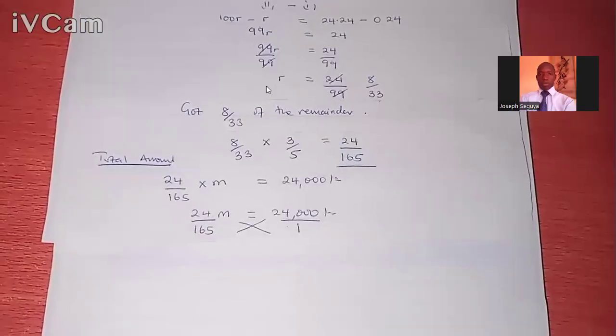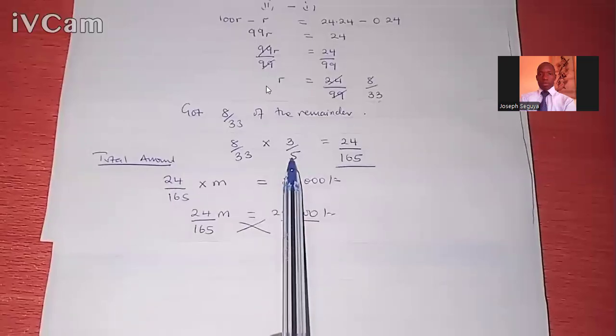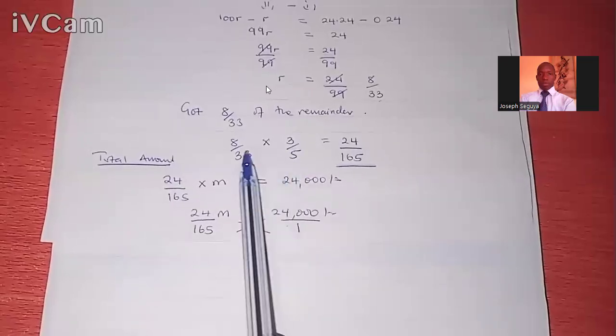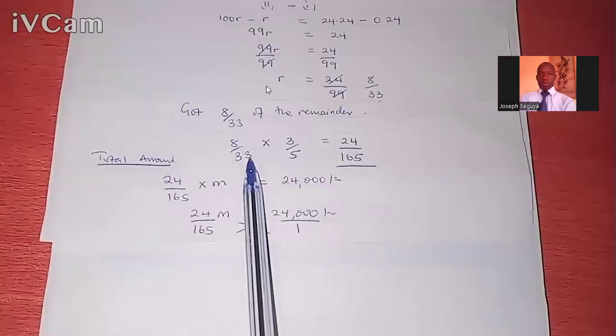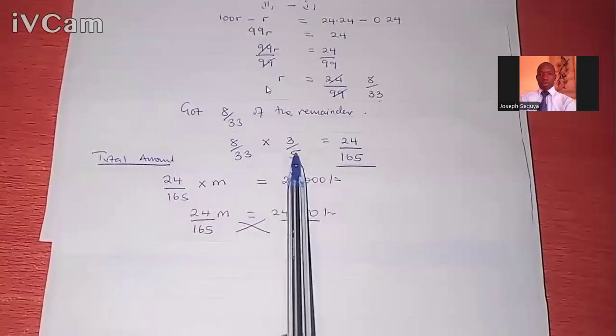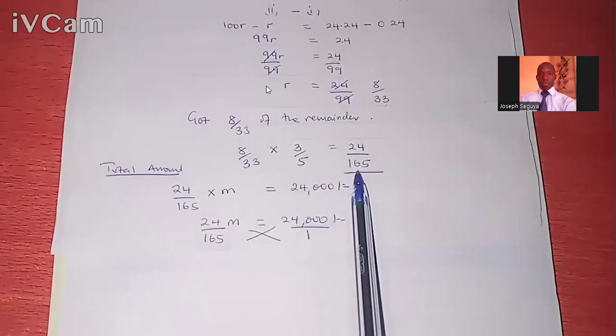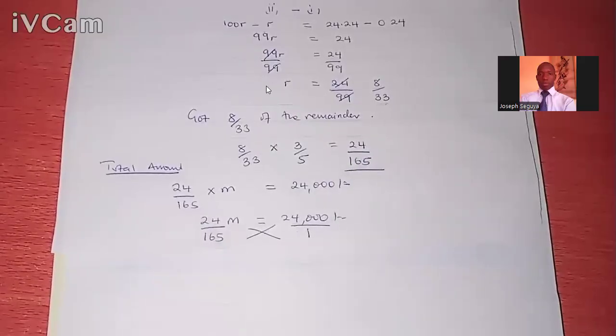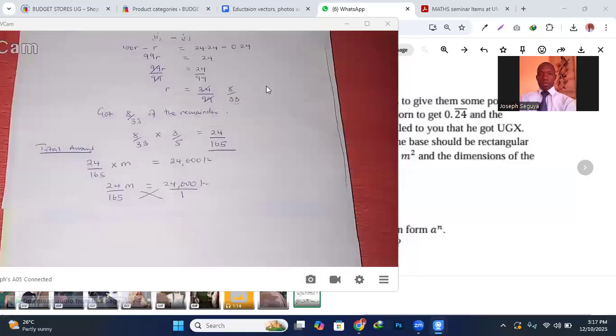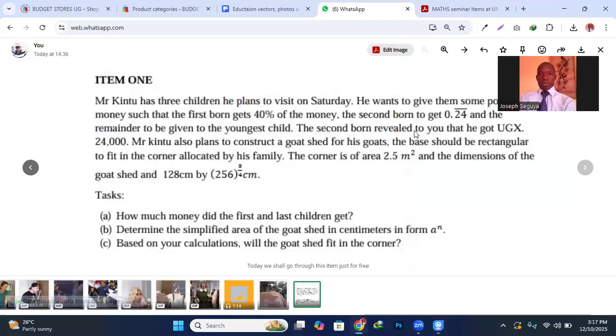Now, what was our remainder? Our remainder was 2 over 3, 3 over 5. So therefore, he got 8 over 33 times 3 over 5, which is 24 over 165. Now, to remind you, in the question, they said that the second born revealed to you that he got